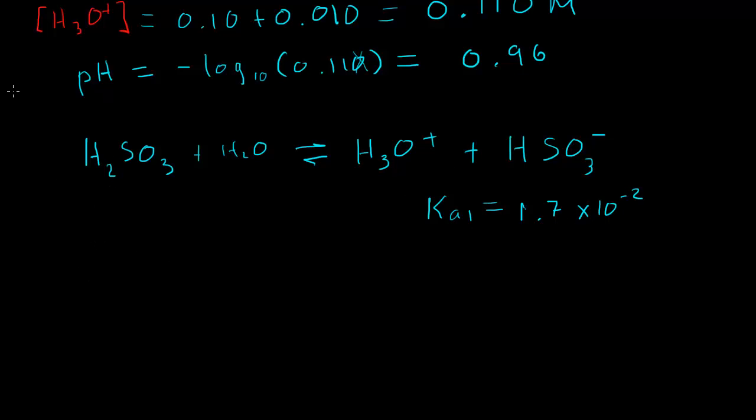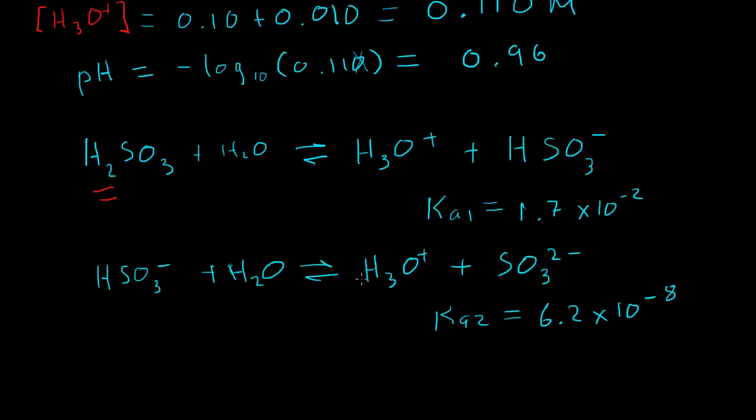But this is also a diprotic acid because we have two protons right here, so both of them could come off, and so we could donate our second proton from HSO3 minus to water, and we make these products, hydronium and sulfite. And the acid dissociation constant Ka2 for this reaction is 6.2 times 10 to the minus 8. So that's a pretty small number. And notice if we just look at the powers between these two, 10 to the minus 2 and 10 to the minus 8, these are very different. If they happen to be different by more than about a factor of 10 to the power 2, so if you see a difference of 2 or more in these two numbers, then probably you really don't need to account